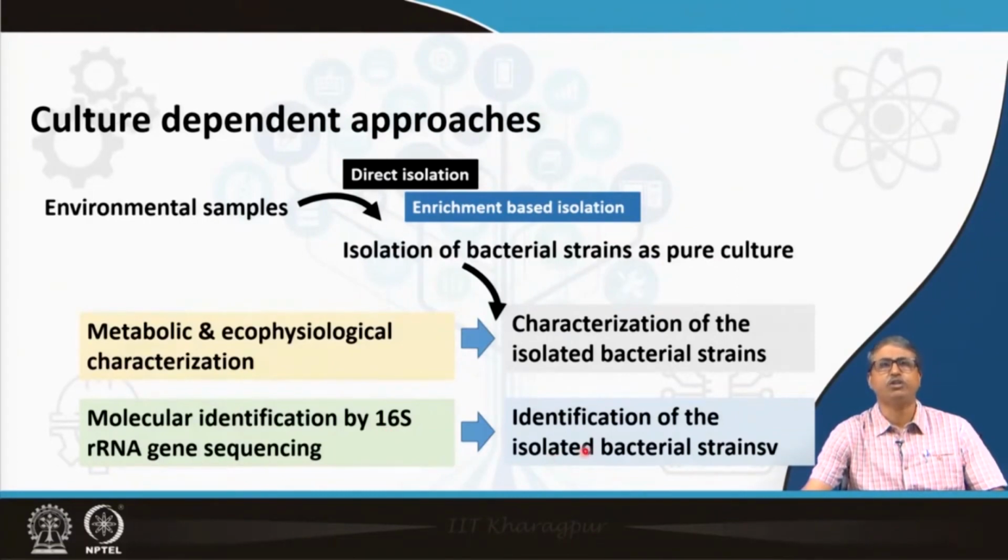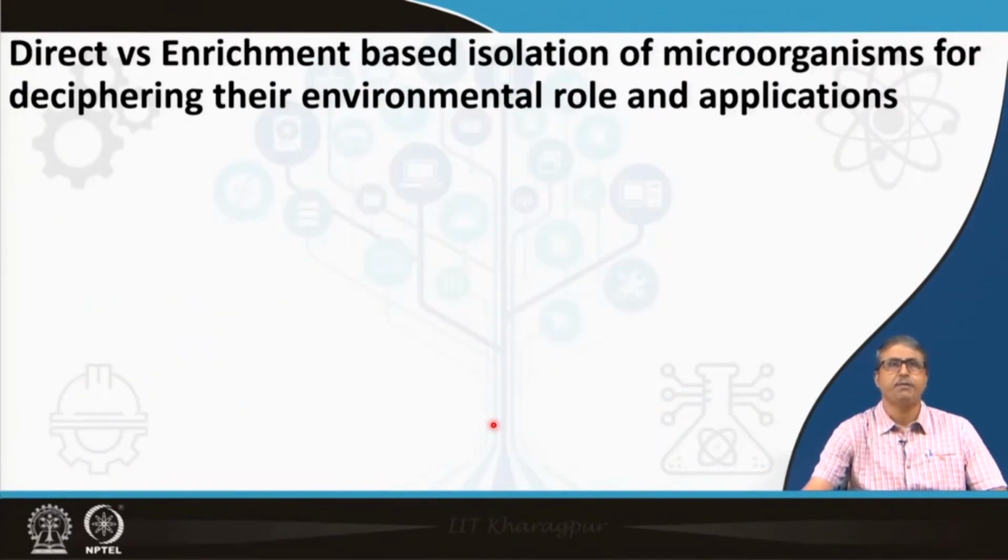So, the identification of these organisms can be done. Whatever isolates are obtained will be characterized and identified. Now, this information would possibly help us answer the first two questions that we originally proposed: what are the organisms present there, and what is their potential in terms of metabolism or metabolic functions. Now, I will elaborate upon how we go about the direct versus enrichment